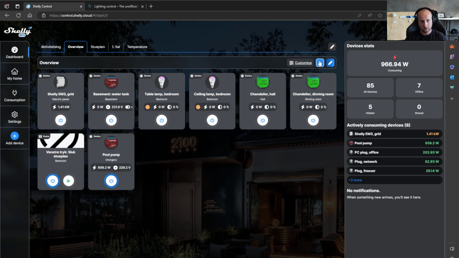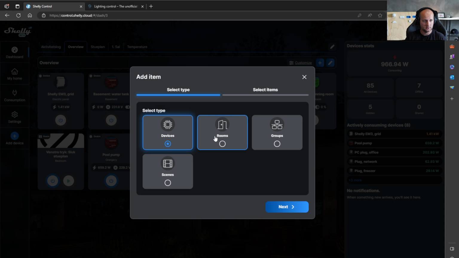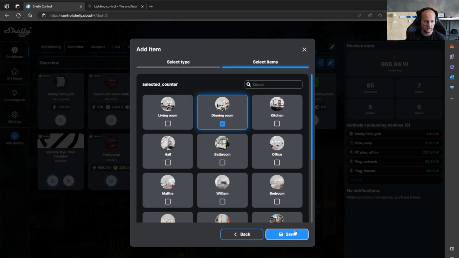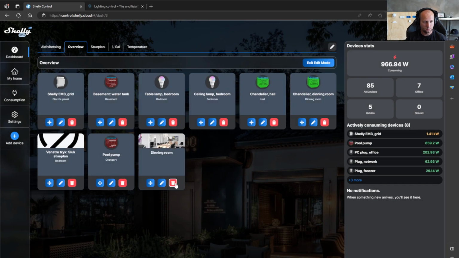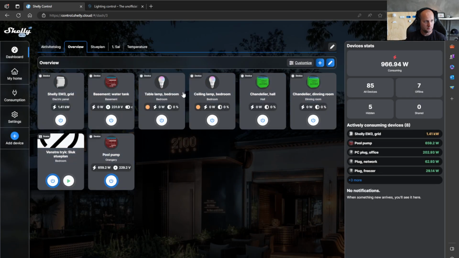And by pressing the plus icon here, you can add more devices to a dashboard. You can add devices, rooms, groups, scenes if you want to. So it's pretty simple, pretty straightforward. If I want to add a room, I press room, click next, and I add my dining room right here. So now I have easy access to my dining room. I'll delete it again. So that's how simple it is to use the dashboards.